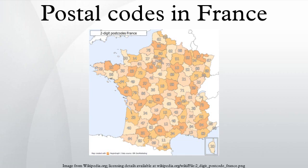It may happen that a village is associated with a bigger post office in another department, thus its postcode begins with the 2 digits of another department. For example, La Fresne-sur-Loire, in Loire-Atlantique, uses 49123, while its postcode should normally start with 44, because it is associated with the post office of Ingrandes, a neighboring commune in Maine-et-Loire. Overseas departments and territories use 3-digit codes starting with the 971, 972, 973, 974,